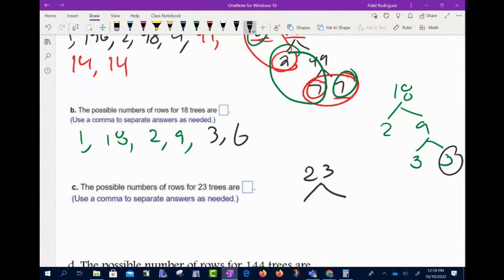Okay, 23. Anybody know any two numbers that multiply to 23? 1 and what? 23, right? But guys, isn't 23 one of those prime numbers? Like nothing multiplies to 23 besides 1 and 23? So that's all I'm having here, right? Okay, and we got a part D,